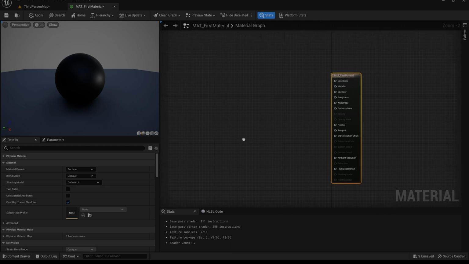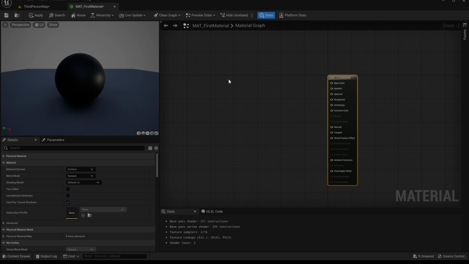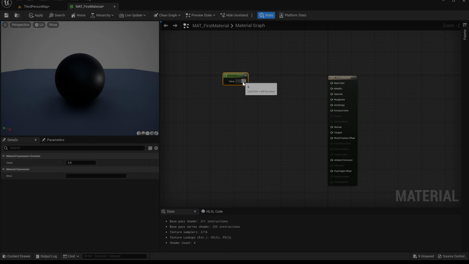So I think just to get started here, we're going to create a standard diffuse color. And we're going to start off with plugging something into it. So I'm going to start off with a simple float value. A float is a single value, a single number. And we're going to build this up subsequently. So if I took this value of 0 and plugged it into base color,